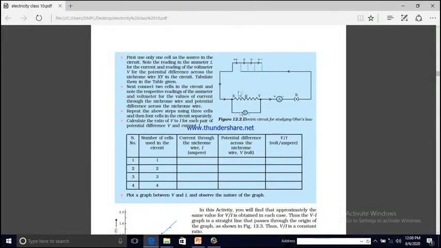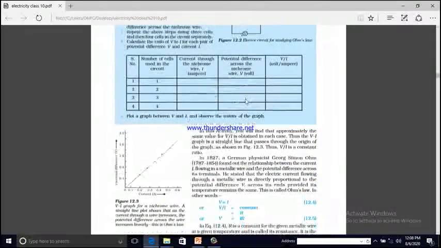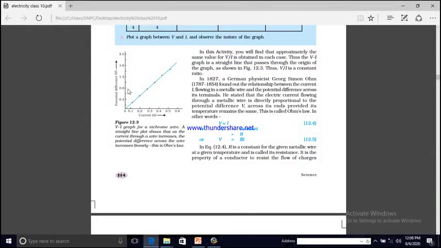Here you can see the resistance of the nichrome wire of length 0.5 meter. Resistance also varies depending on the length, about which we will discuss later. Yesterday we calculated the average resistance. If you look at this point, the value of potential difference is 1 volt, and the value of current flowing in the circuit is approximately 0.38, or you can approximate it as 0.4.